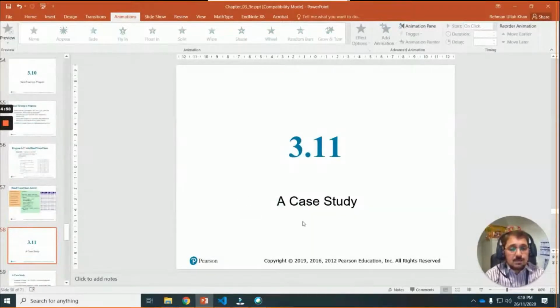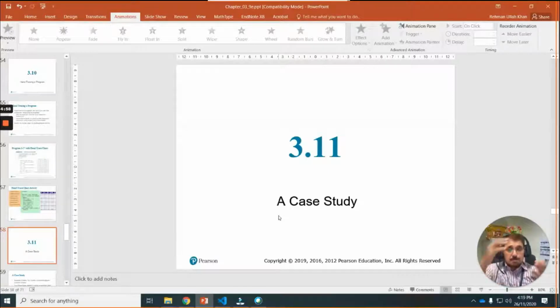So let's go ahead. There is a case study. Let's try to understand this case study. Actually, until now, all the examples and all the coding that we ran were very simple segments. It was not a complete program. So how do we write a complete program to solve some real problem? Another aspect: the questions in exams, for example midterm and final exam, will not be like this small one where we simply declare a variable, assign a value to it and display it. No, it will not be like this.